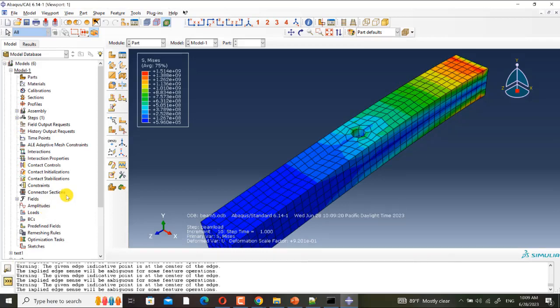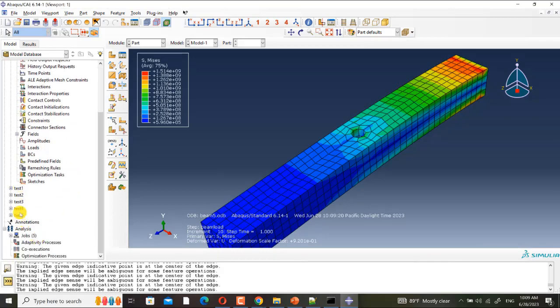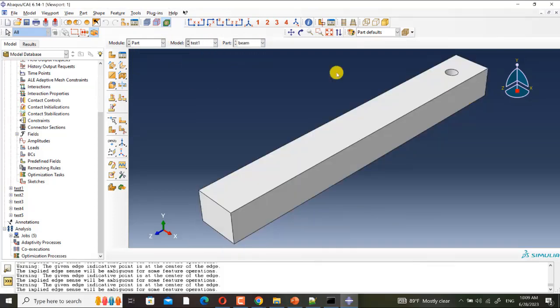It is completed. If you see, 5 models are created: model 1, model 2, model 3, model 4, model 5. The position of the hole is changing.